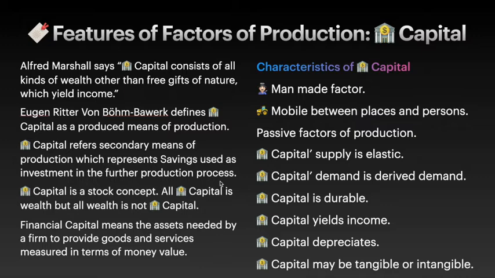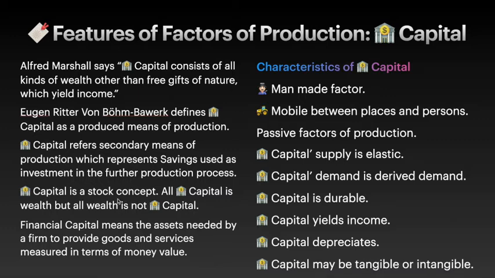For example, consider a mango. The entire mango is not eaten. Only part of that is used to eat and the remaining part is used to produce more mangoes. That is why it is being said here that capital refers to secondary means of production which represents savings used as investment in the further production process. And also capital is a stock